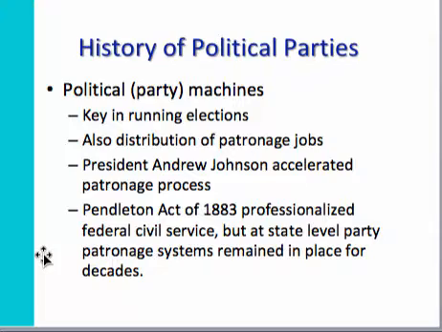You have this coming to a head in the late 1800s, and the Pendleton Act, the first proposed legislation to create a civil service, is proposed and finally passed after the assassination of President Garfield, assassinated by a frustrated office seeker who thought he should get a job and didn't get the job, and so he killed the president. That galvanized people into action, and we have the passage of the Pendleton Act of 1883.